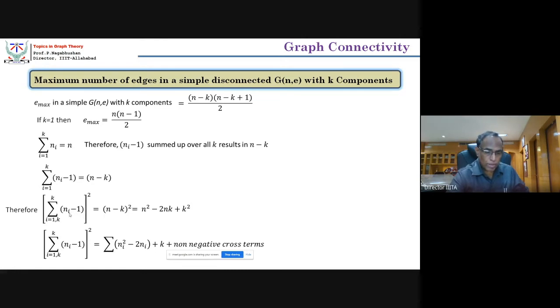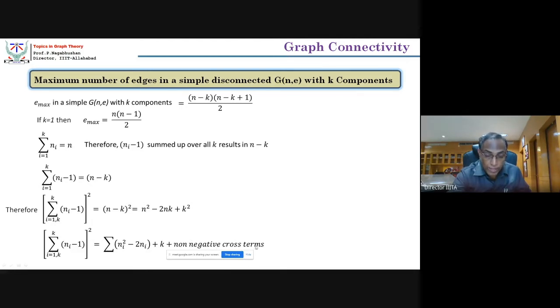Another, obviously, is minus 2 n_i, minus 2ab, 2 n_i under the sigma sign, sigma 2 n_i. Another is 1 square, that becomes 1 square under sigma. So the 1 square is 1 under sigma. Sigma k, therefore it will be k. Is it all right? Sigma 1, k times, is k. All right. So it is sigma n_i square minus 2 sigma n_i plus k